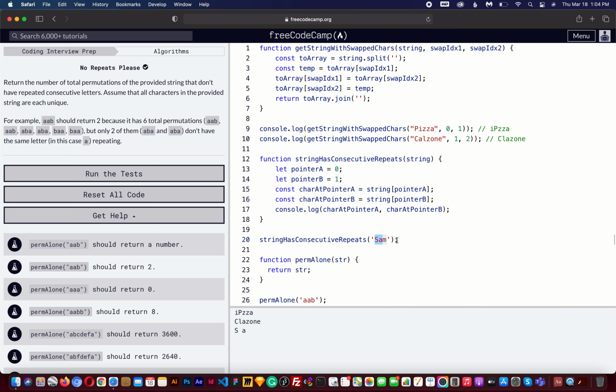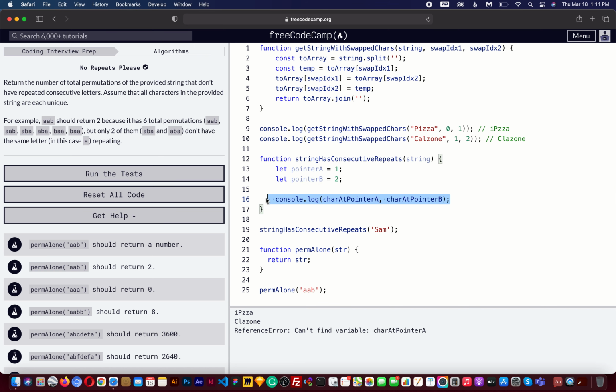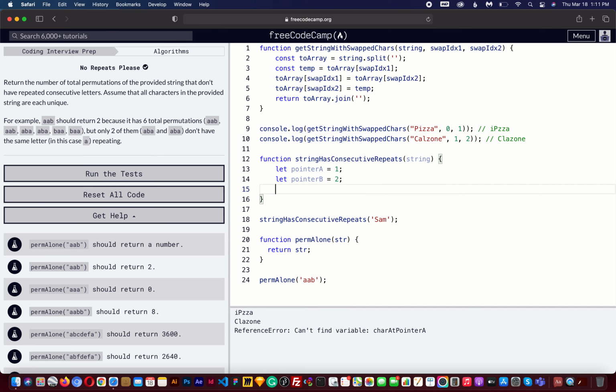next one. And we're going to loop through our string and basically look at 2 characters at a time. So after S-A, the next set of characters is A-M, so that would be 1 and 2. Now you can see A-M printing in the console down below. So with that explanation out of the way, I'm going to do a couple things. I'm going to cut these two variables, and I'm going to get rid of this console.log statement right here. I'm going to reset pointerA to 0, pointerB to 1, and below we want